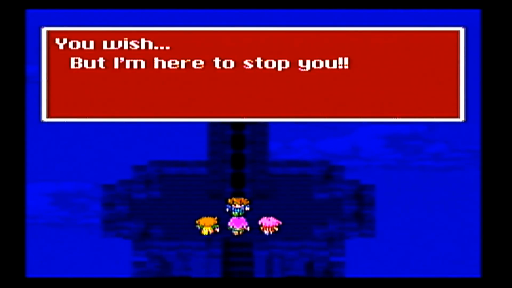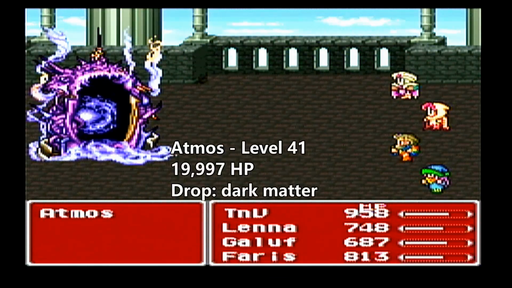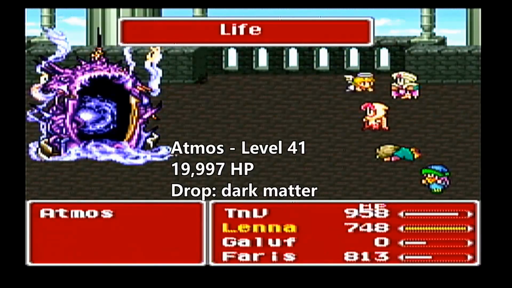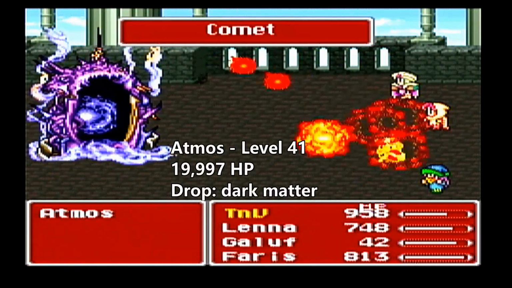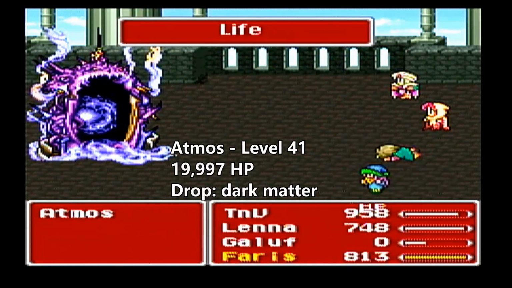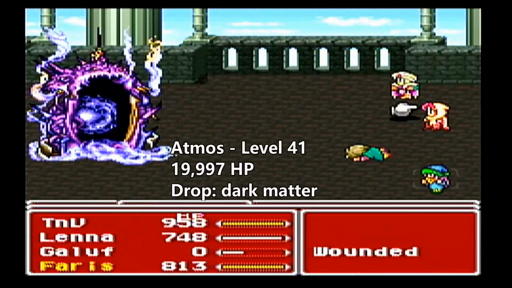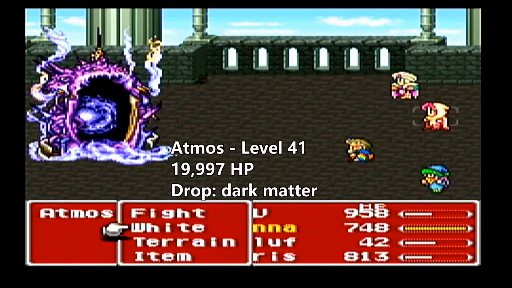Also, sometimes the game isn't really nice. This battle's going to take a long time. I'm fast forwarding, but as you can see there, he keeps knocking out Galuf. I want Galuf alive because Galuf is one of our damage dealers. The best person to have knocked out would be either Lenna or Faris,